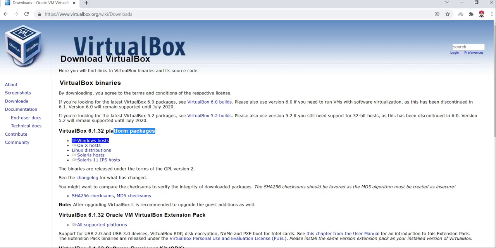So different platform packages are available. The Windows host is there, OS X host for Mac machines, Linux distributions, and Solaris distributions packages are available. Since I am having the Windows operating system on my host computer, I will be selecting Windows host. You can select the platform packages according to your host operating system. So on pressing Windows host, I am able to see a